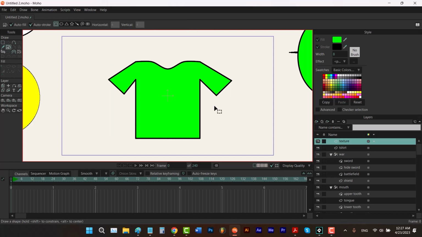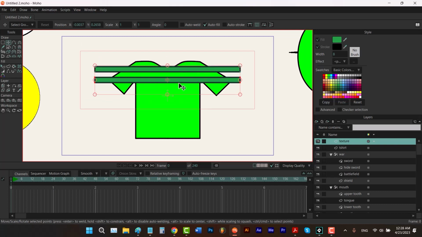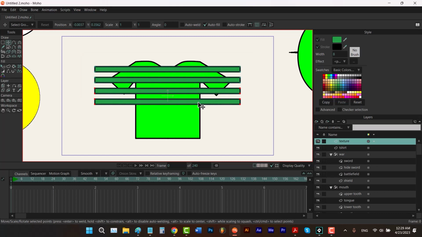Let's choose a darker color and draw some rectangles. I'm gonna hit T by holding down the Ctrl and hitting C. You can copy this shape, and if I hit Ctrl V, I can paste it. By holding down the Shift and dragging, I can move it vertically. And now if I hold down the Ctrl and press A, I can select all of these shapes. And then once again, I'm gonna hit Ctrl C and Ctrl V to make a copy of it. Let's move it to here and repeat that action again.